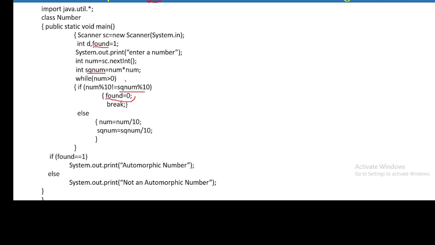Suppose last digit match कर जाते हैं, तब आपको क्या करना होगा, आपको अपना ये counter दोनों का update करना होगा. num will be updated to num by 10. Similarly, sqnum will be updated to sqnum by 10. Then the same criteria will follow. If that number is not equal to 0, now you will check for the next digits. Next digits अगर match नहीं करेंगी तो found 0 हो जाएगा और यहीं पर program आपका break हो जाएगा. तो कहीं पे भी अगर ये found की value 0 नहीं हो रही, still the value of found remains 1, that means सारी आपकी digits match कर रही हैं. Then in this case the number is an automorphic number.